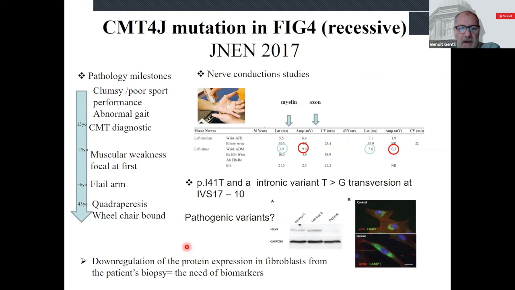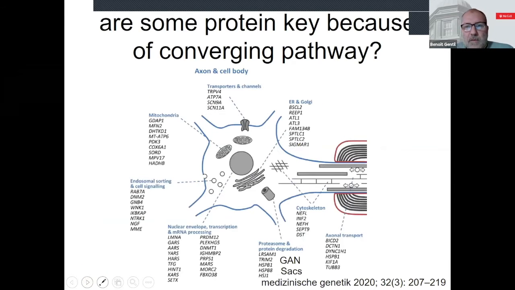And altogether, we are sure that these mutations that were described were actually pathogenic. So when you find these rare variants in your cohort, you somewhat need to find a good biomarker and be sure they are pathogenic, and that's what we did for this patient here. So now the question is, as you can see, there are many genes. They are all